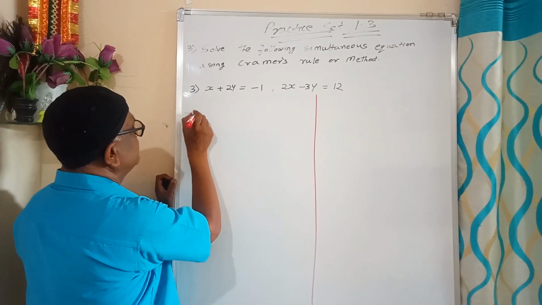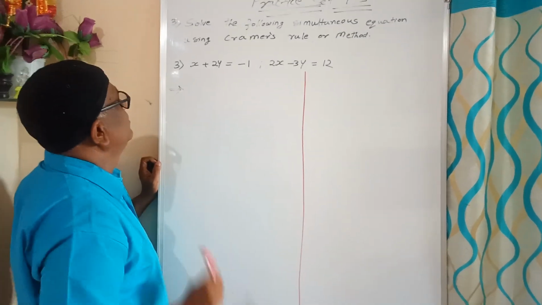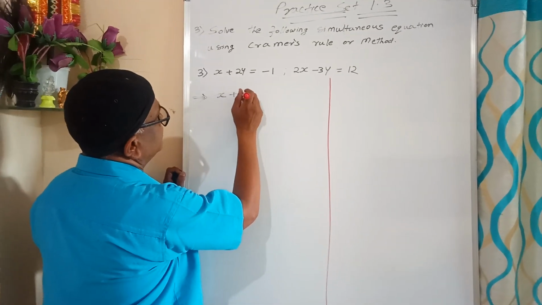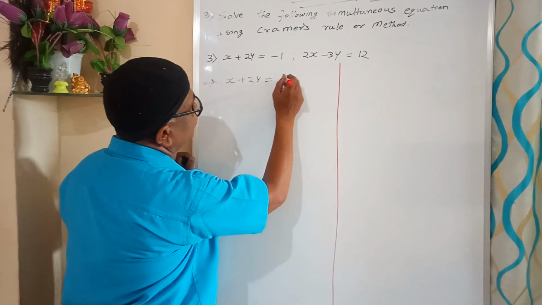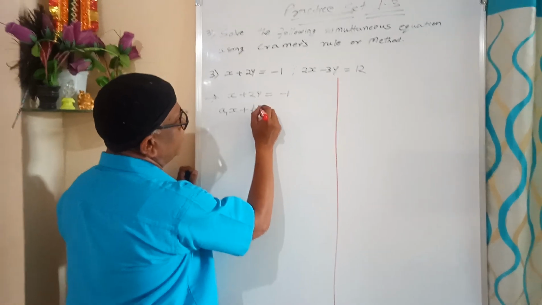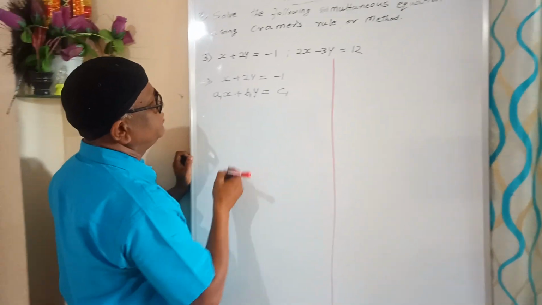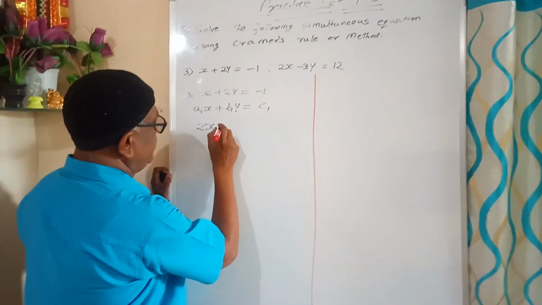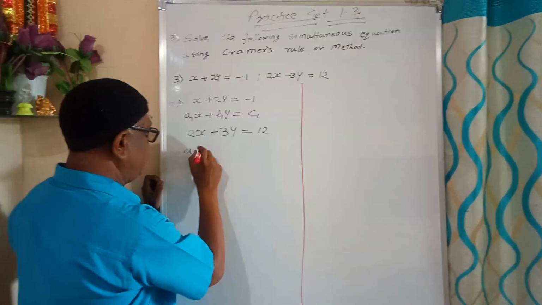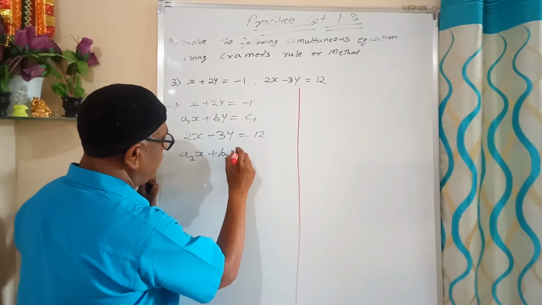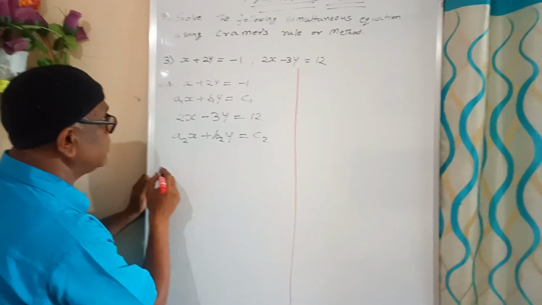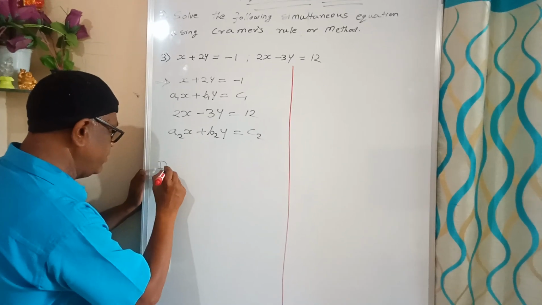For the solution, x plus 2y is equal to minus 1. Here we are comparing with a1x plus b1y is equal to c1. Now the second equation, 2x minus 3y is equal to 12. Here a2x plus b2y is equal to c2. Now we are going to solve by Cramer's rule. Dx first we are going to find, which